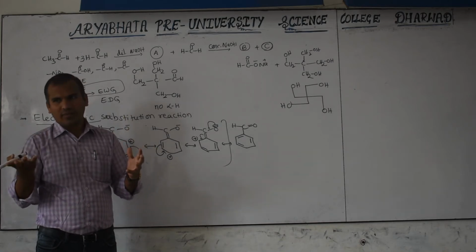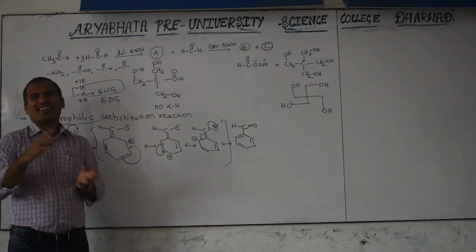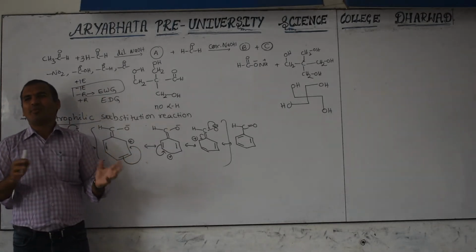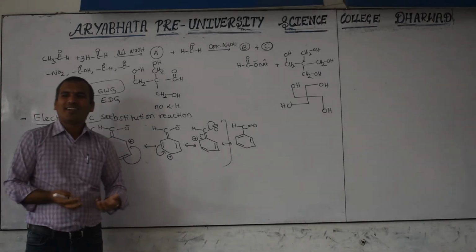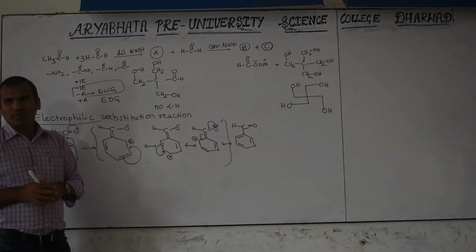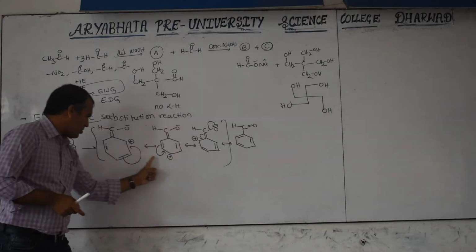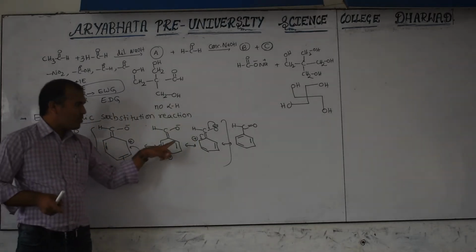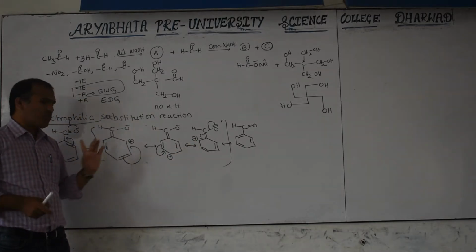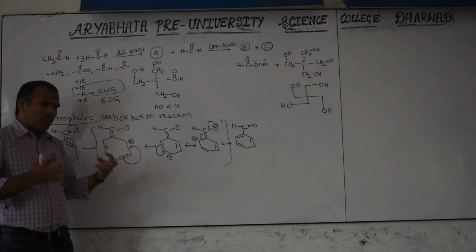Electron rich is required. Generally you know that nowadays girls marry those who are rich persons. If both are poor, generally parents also will not accept it. Here also the same thing. So bond formation is possible when electron rich is there. Anywhere observe, here positive charge, here positive charge, here positive charge. What are these positive charge positions? This is the ortho position, this is the para position, this is the ortho position. Now these positive charges mean electron deficient.